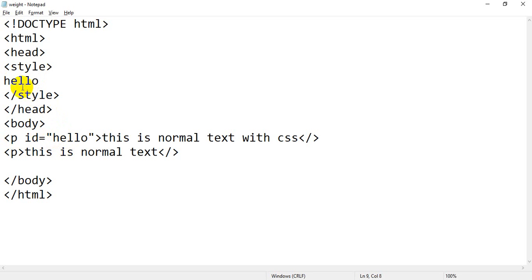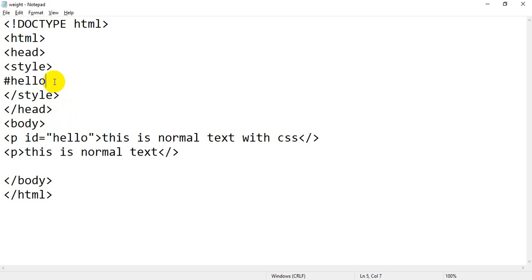ID is hello. And how is ID defined in CSS? Just put one hash symbol before your ID. Hash is a symbol which is used to indicate the ID. And hello is the ID value. So hello comes from here where you have assigned ID equal to hello.